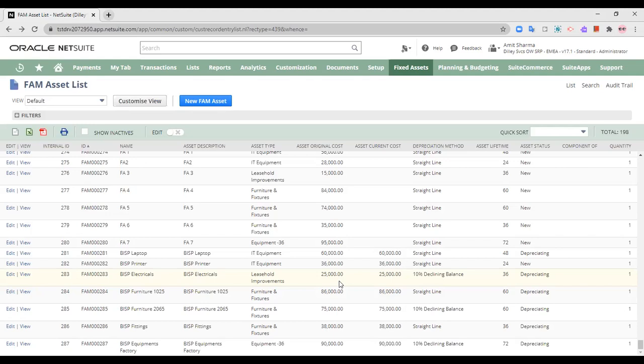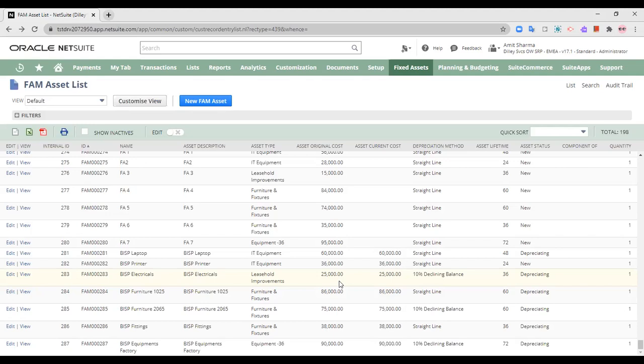And if, let's say, the prior year net book value and the original cost of the asset are not the same, then it is better that the first thing I do is set the original cost to an amount equal to the prior year net book value and import the CSV record.